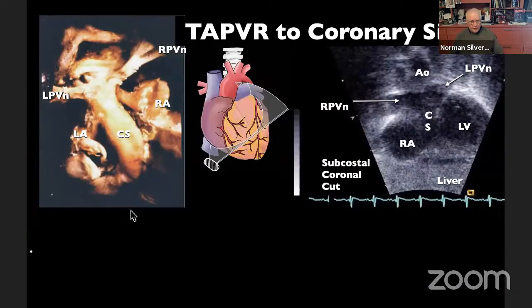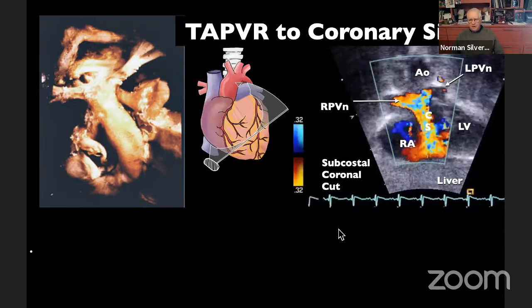Looking from the back of the heart, you will see this, that here's the left atrium and the right atrium. So we're looking from the back forward. And here you can see the pulmonary veins, and they're draining down behind the heart and into the right atrium. And they indent the left atrium so that the left atrium is even smaller than it usually is in this